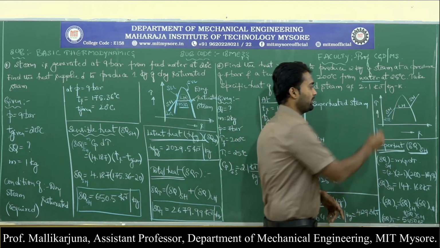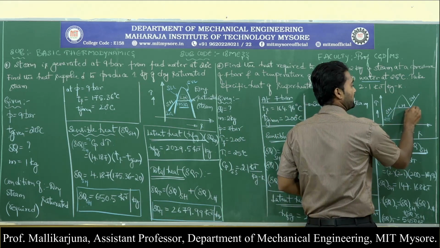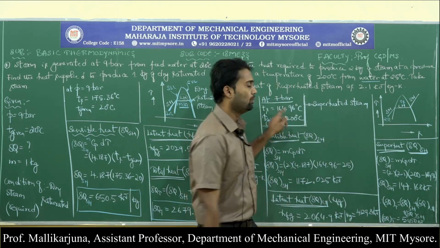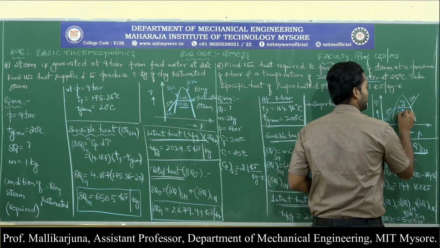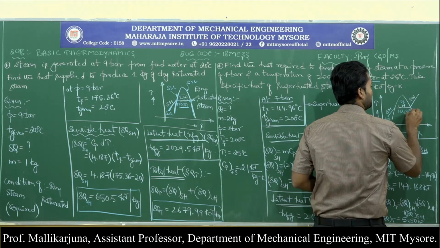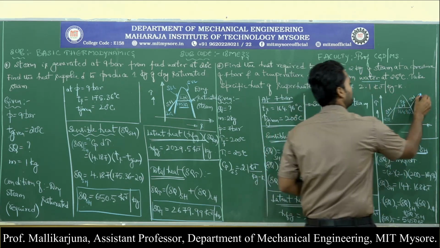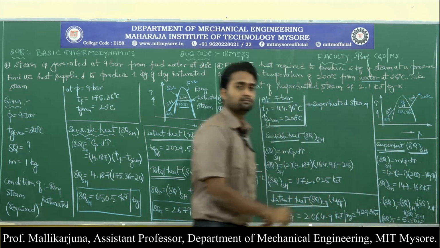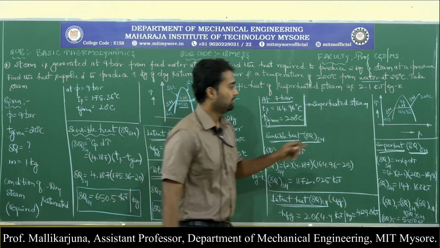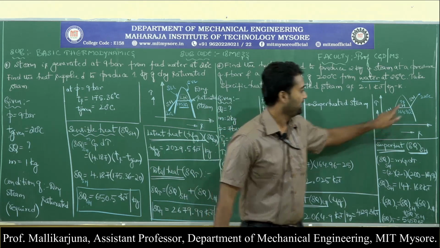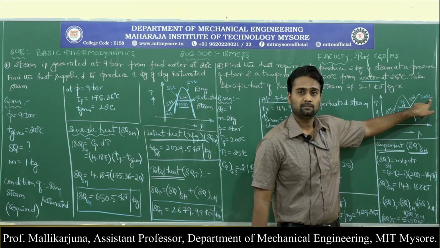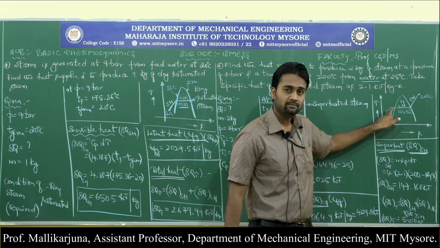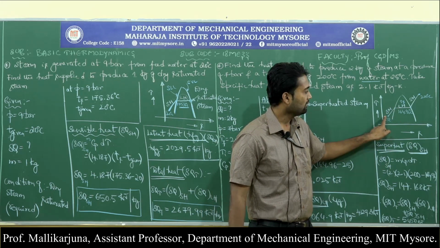What is the saturation temperature? This entire thing is saturation temperature, Ts. What is that value? 164.96 degrees centigrade. What is the final temperature of the steam? 200 degrees centigrade. So now it is very clear. Initially we are here, finally we need to be here. How many heats do I need to calculate now? Sensible heat, which takes the water.